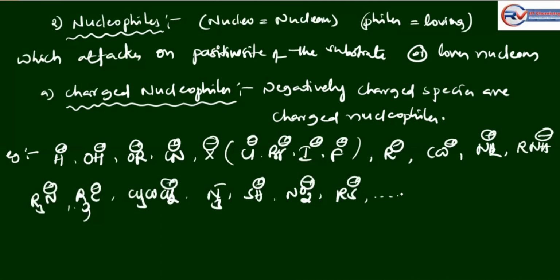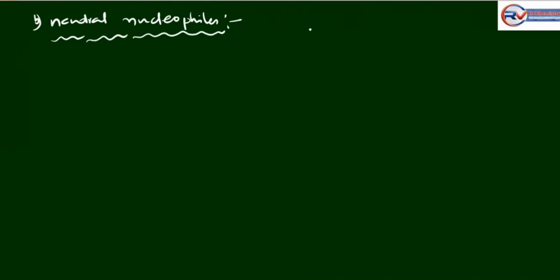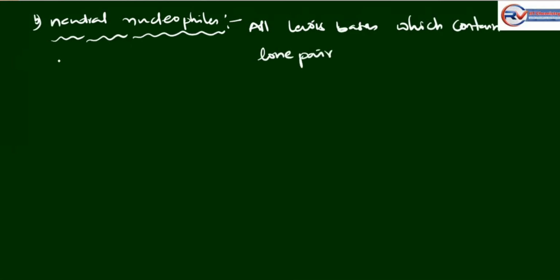Next are neutral nucleophiles. All Lewis bases which contain lone pairs are neutral nucleophiles. Examples of neutral nucleophiles: